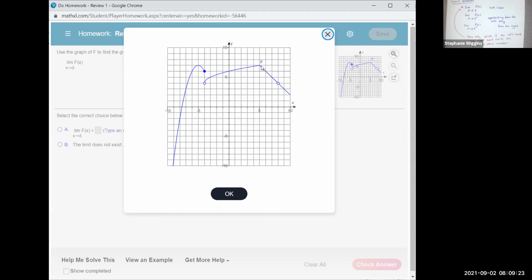So limits are y values. So you're approaching x, but then the limit is a y value. That's why we have to go vertically up to the graph and then horizontally over. So the left and the right, they meet at the same spot. Therefore, the limit exists. And therefore, you can travel over to the y-axis and say that the limit is equal